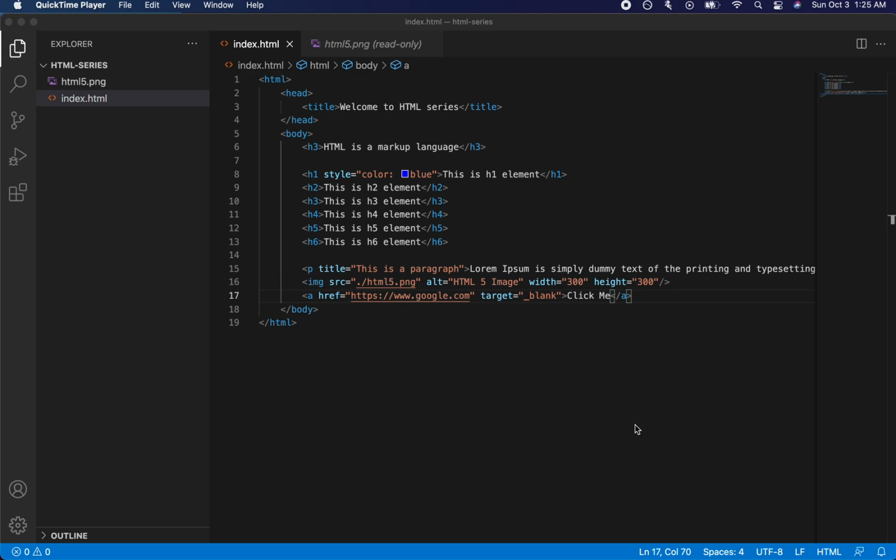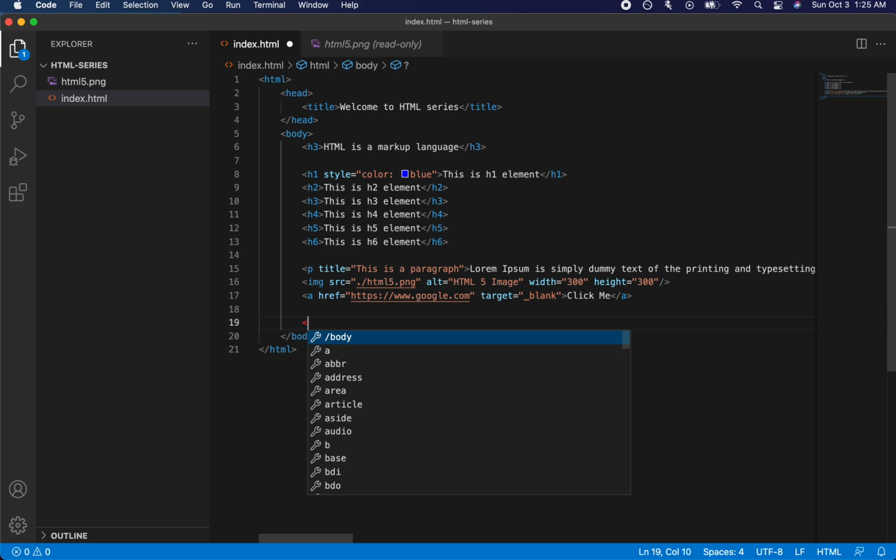There are three different types of lists that we can use inside HTML. They are unordered lists, ordered lists, and description lists. Let's take a look at how to add lists to our web page. I'll start with unordered lists. An unordered list starts with a UL tag,